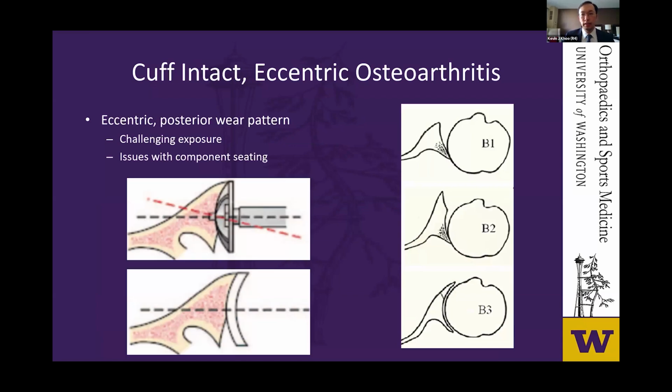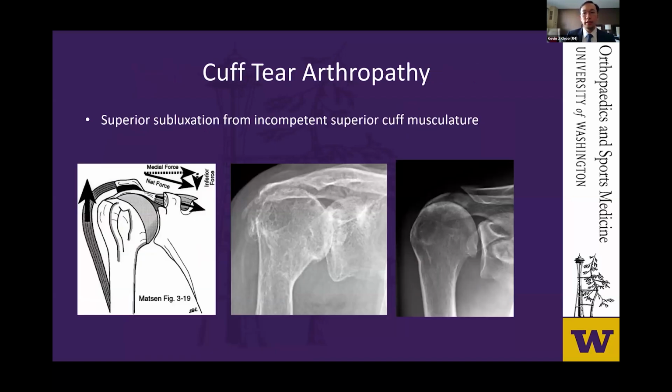In this example, the biconcavity persists after improper reaming in the top image, and this prevents complete seating of the poly in the bottom image, resulting in an unsupported glenoid component that is prone to loosening and early failure. In the setting of an incompetent superior rotator cuff, the proximal pull of the deltoid results in superior subluxation